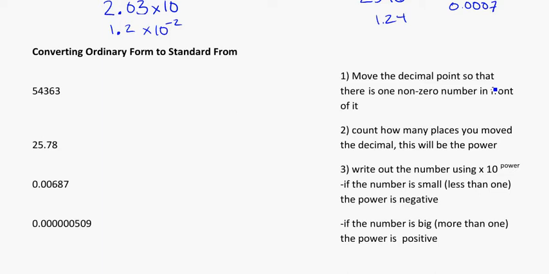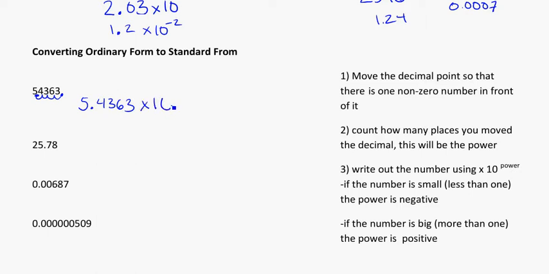First thing that we want to do is move the decimal point so that there is one non-zero number in front of it. And in the case like this first example here, you'll notice that there is no decimal point. So if there's no decimal point, draw it on at the end, because we don't write it if there's no numbers after it. But now that we know it's at the end of that number, we can actually count over how many spots we'd have to move it. 1, 2, 3, 4 spots. To get it such that it would be 5.4363. One number in front of the decimal, that's a non-zero,